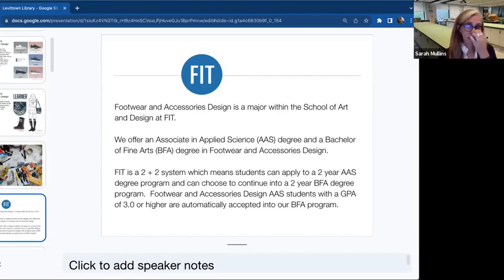And so people can combine them, or you could even go for 2 years in art and design and 2 years in business and technology, or vice versa. So it's a very interesting system that you can combine majors in and degrees. The one thing that is for sure is that you always want to talk to an academic advisor about the